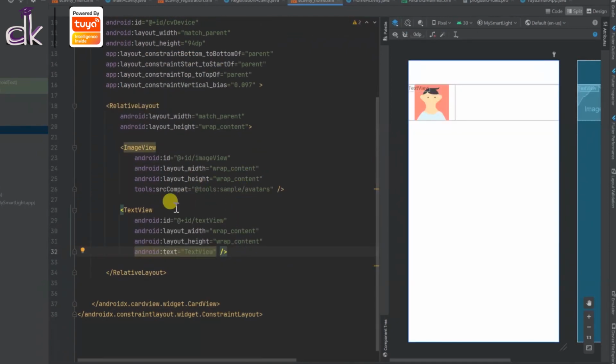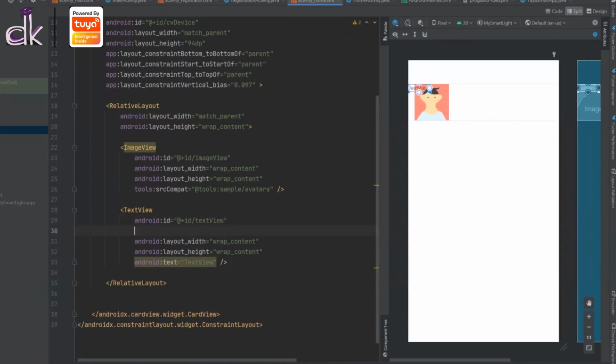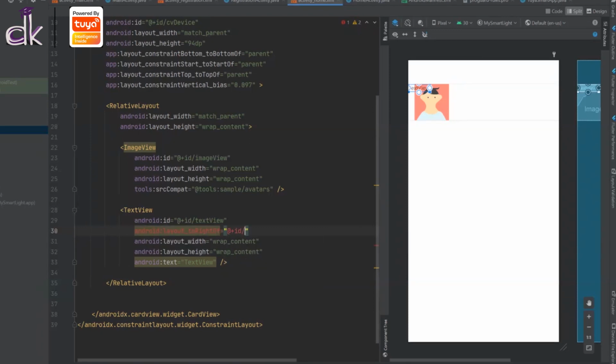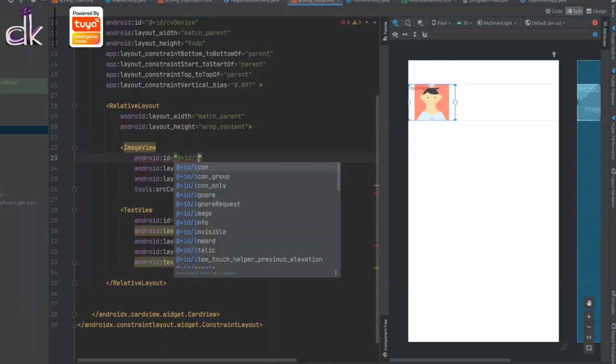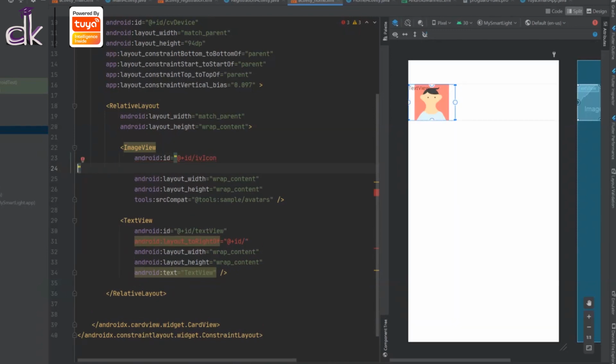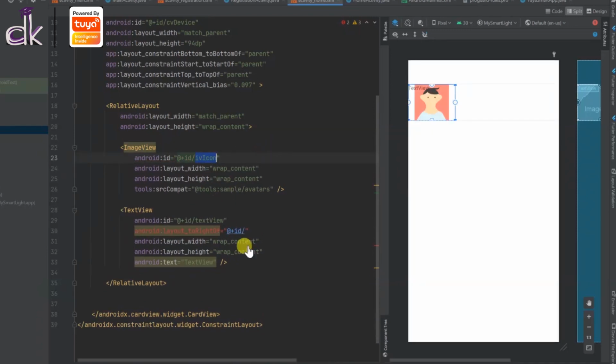Okay, now to position the text view to the right side of this image, we'll need to add layout to right of. So give the id of this image view. So firstly let me change this image view to iv, and I'll be calling this as icon. Okay, iv icon, something like that, and provide this id here, and you can see that now it's going to the right of the image.